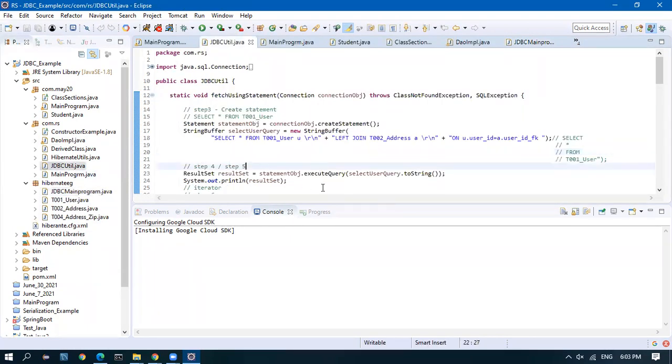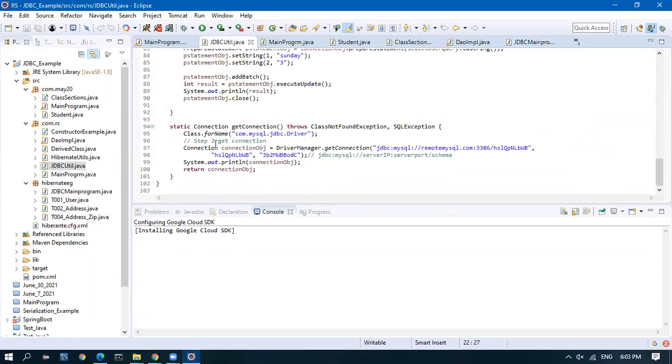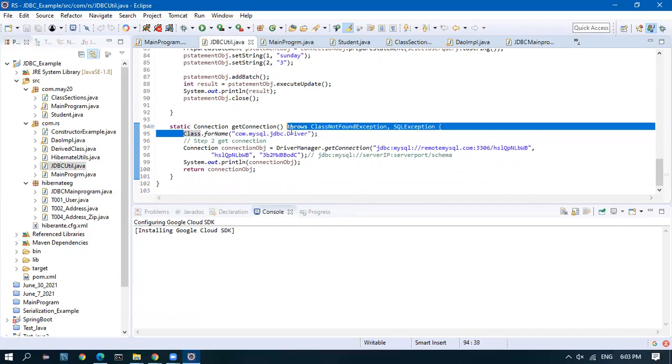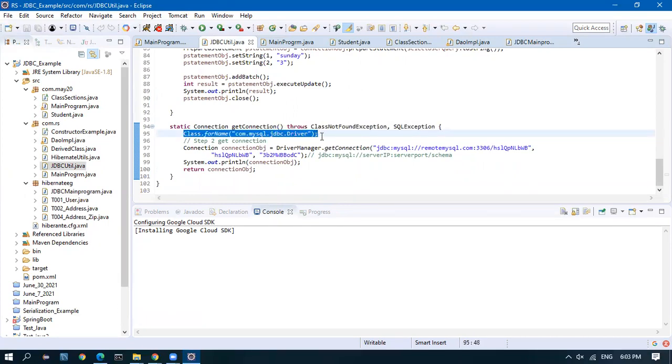Okay, so to connect with the database, it is very straightforward and simple. We just need to give two lines. The first one is Class.forName, com.mysql.jdbc.Driver. This is a static syntax. Class.forName is followed by something inside the double quotes. Class.forName will actually load the class into the JVM. In the JVM, there is a specific block where the classes have to be loaded. So this is going to load the class.